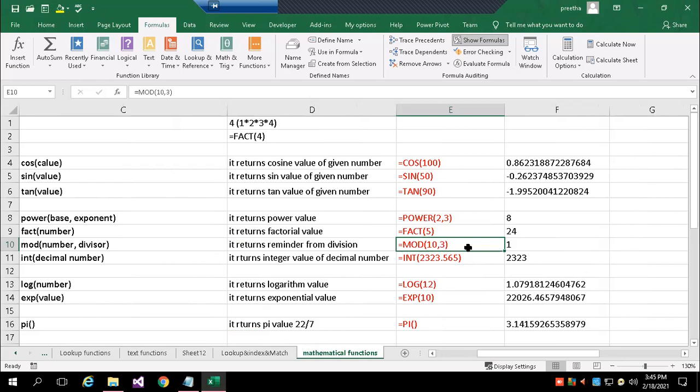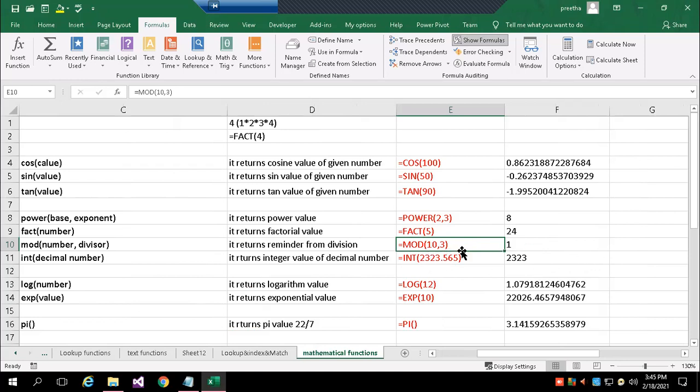Then modulus. Modulus means remainder. In maths, if you want quotient or remainder, I can use MOD. MOD is for remainder. 10 by 3: 3 threes are 9, remainder is 1. That remainder I can get through MOD.